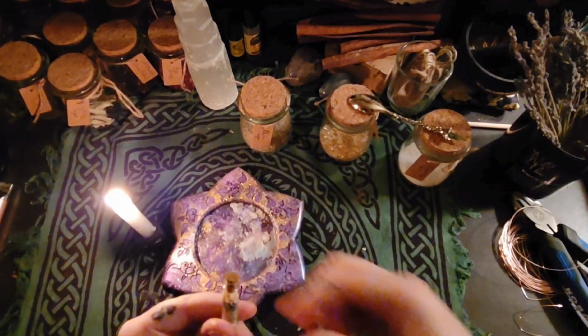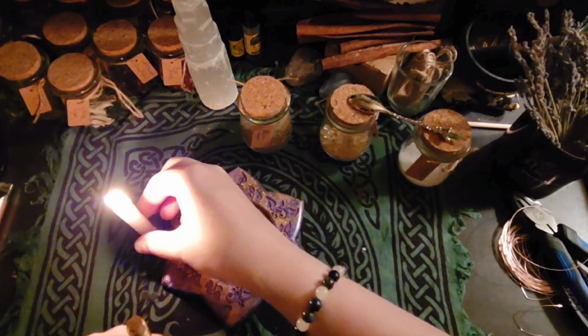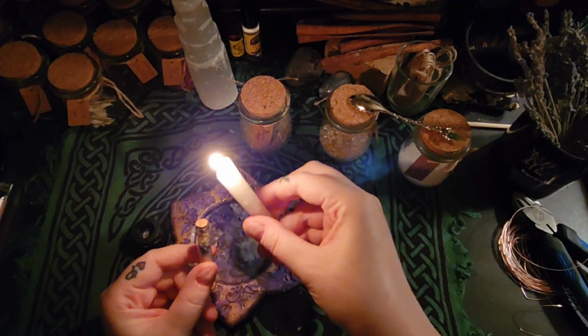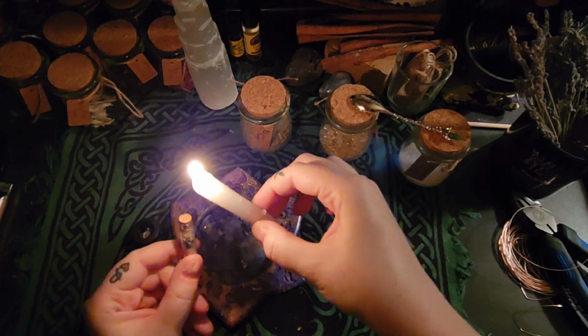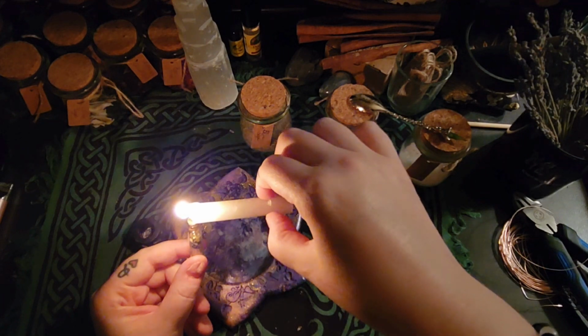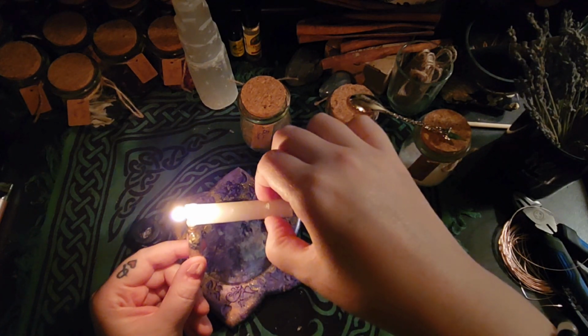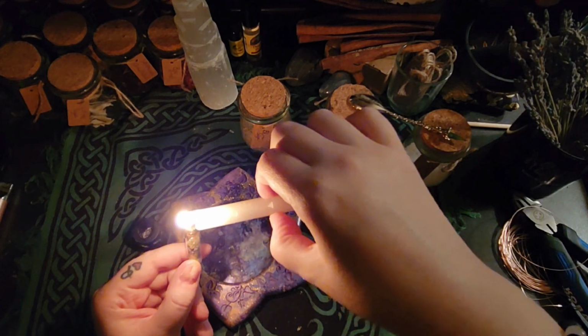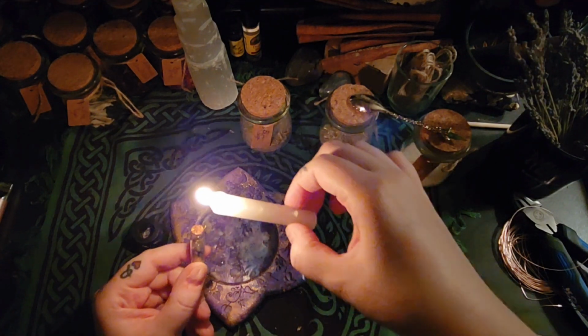Got our jar, and since we're wire wrapping it, we're just going to seal the top a little bit. Ouch, I'm already burning myself. It's not going to be as big of a seal as what we usually do on the protection jars that are staying around the house, because